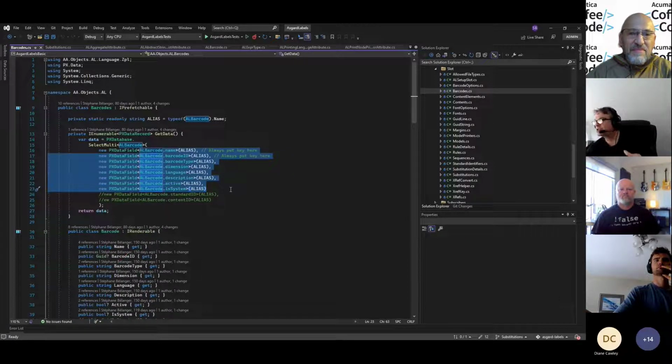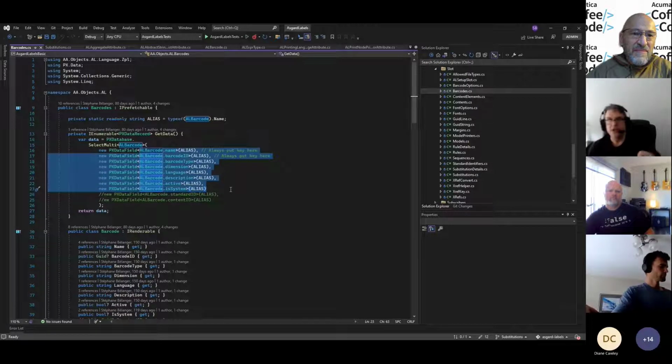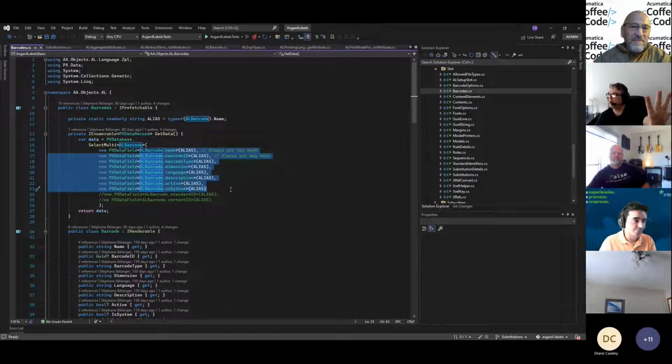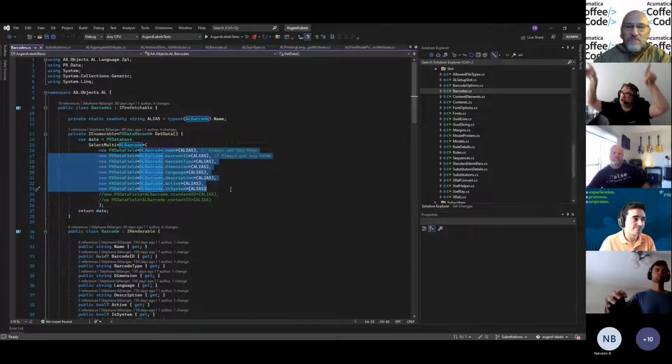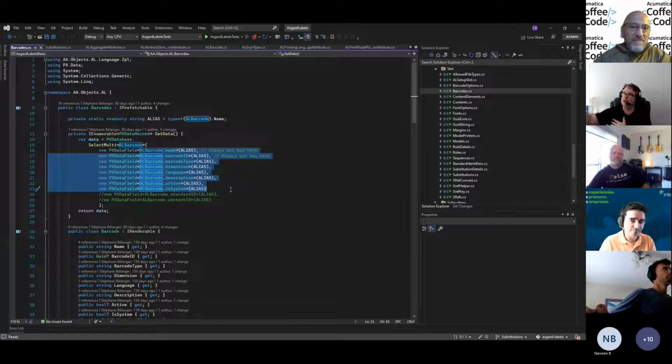So then if someone goes behind, and this is done by Acumatica automatically, if someone goes behind and inserts a new row in the barcode table, the slot will flush and reread the barcodes automatically. So imagine now you're sharing a small data set and you don't need to read the table anymore, taking, I don't know, half a second, 1 second to read the table, whatever the delay is on your machine. Now in mere milliseconds, you have access to data that you use and reuse all the time for